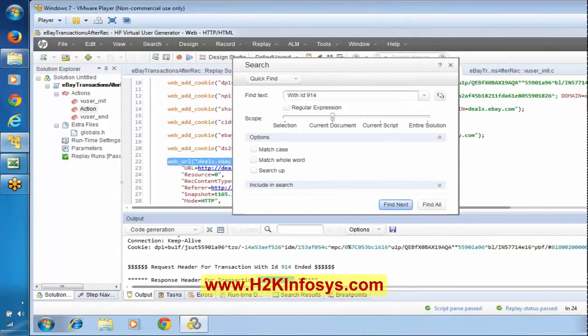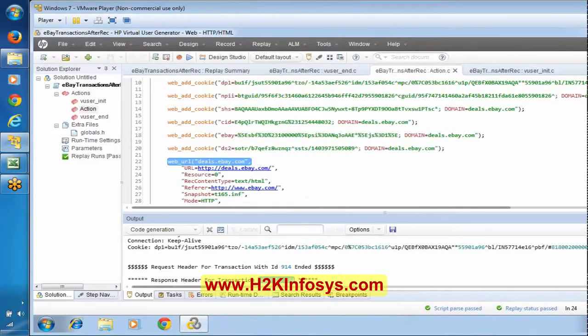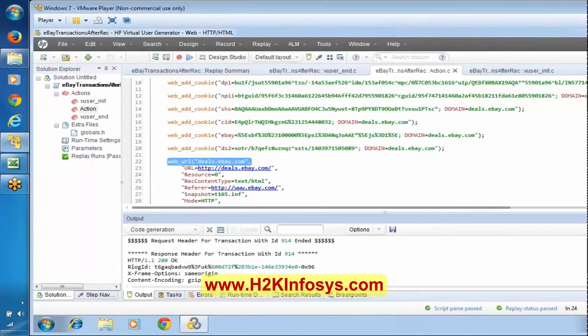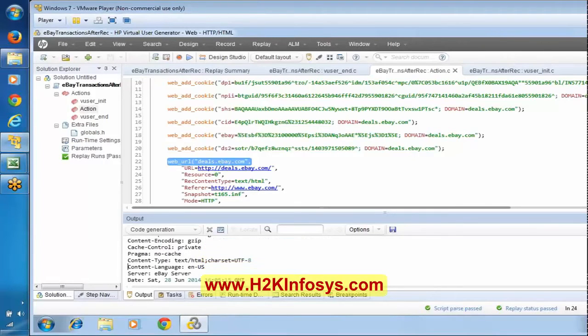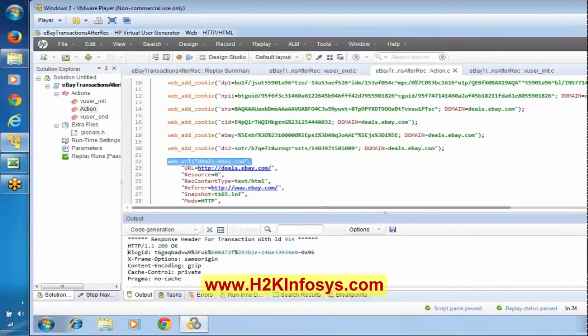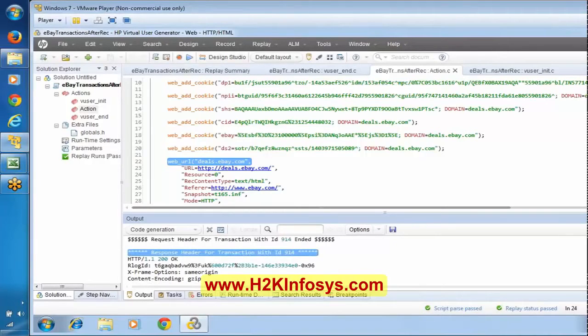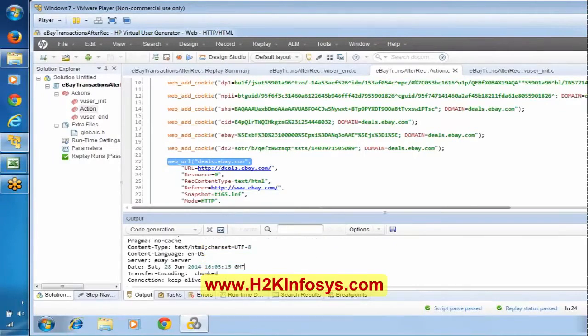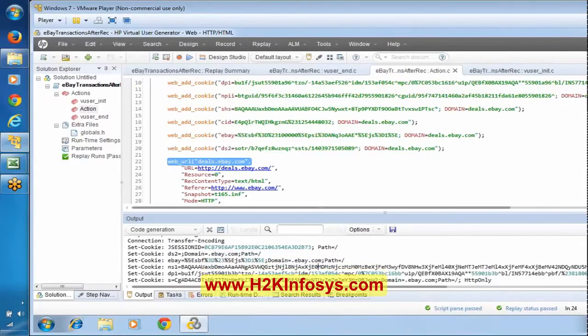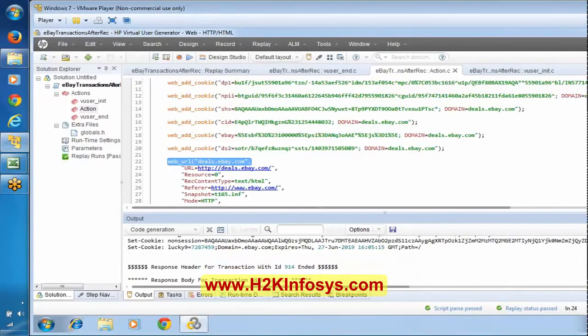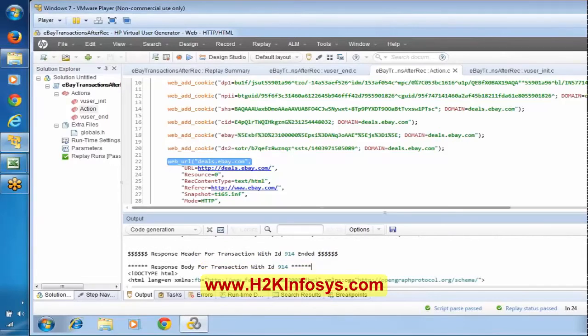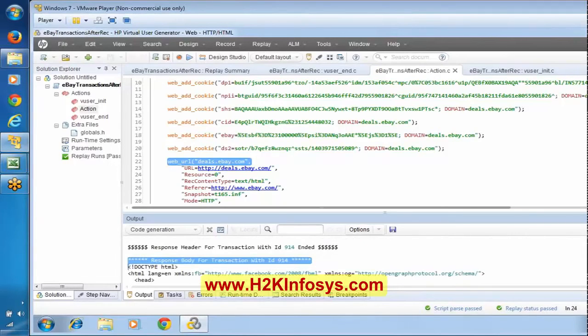Okay, now see here, we are trying to find the response. Now we reached the response of this ID 914 here. Okay, response header. Now in this particular response, we'll try to see whether the eBay page related information is there. In this response header, it seems it does not have anything. This is the response header of that particular request, and I don't think we have something over here. Generally, we will not find it in the response header. And here, this is talking about some response body.